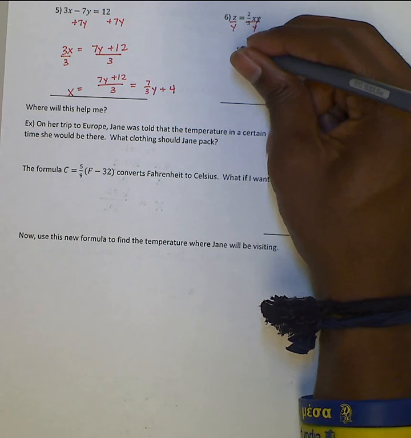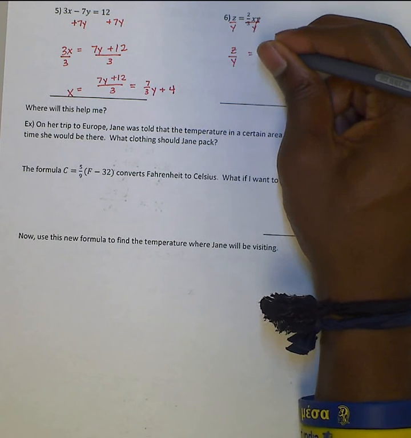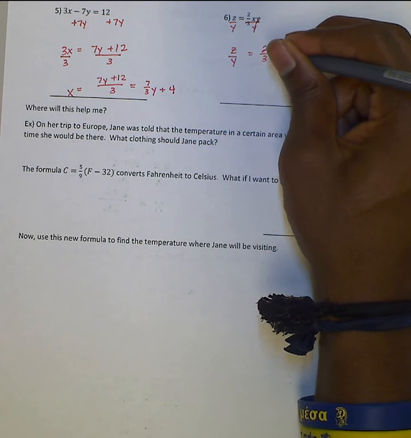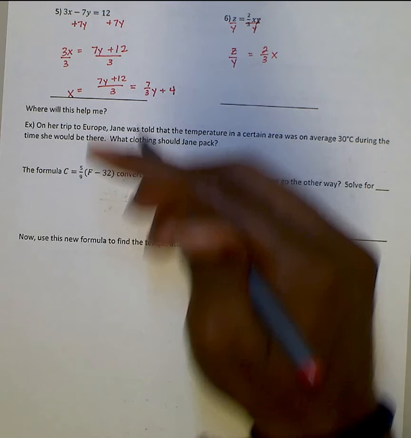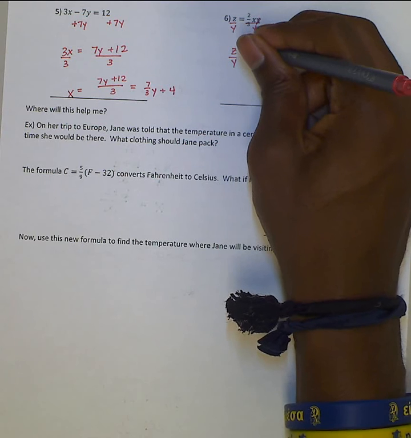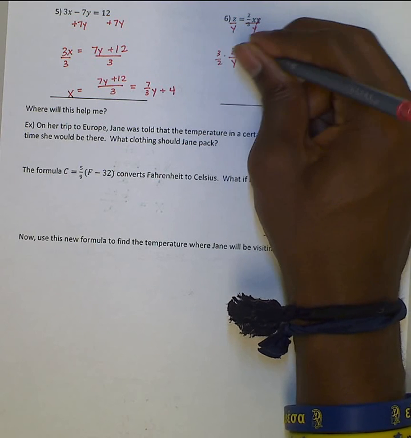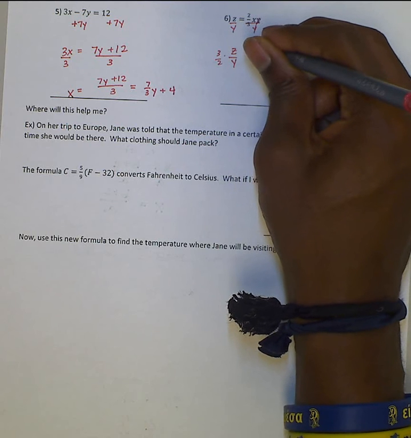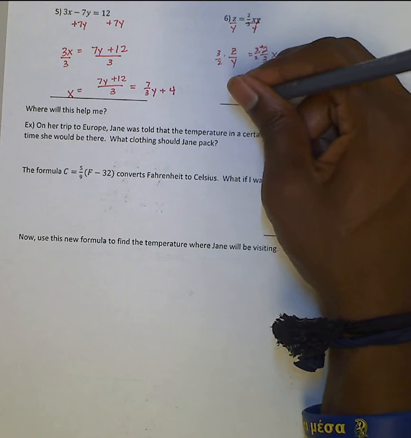I'm going to get rid of y by dividing both sides by y. And so I'll have z over y equals 2/3 x. Okay, now I need to get rid of that 2/3, and I'll do that by multiplying by the reciprocal. So I'm going to multiply both sides by 3 over 2. Remember, we do that because if we multiply this, we get 6 over 6, which is just 1x, which is great. Okay, so I have x by itself